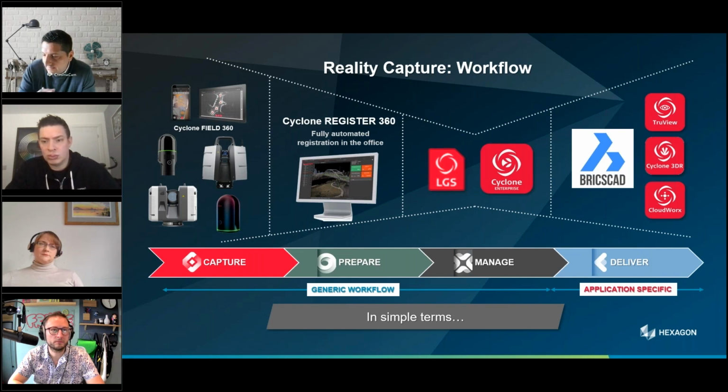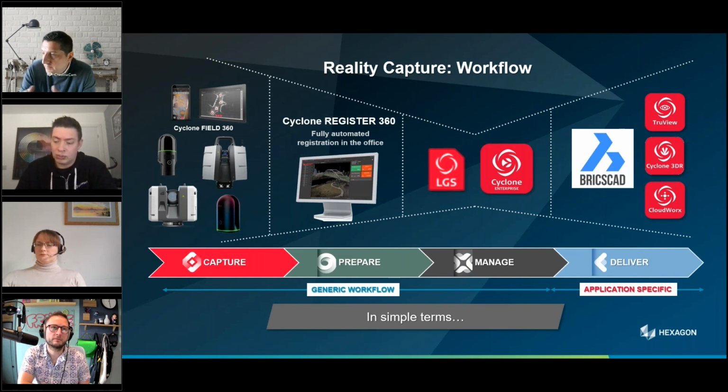So that's a really important part of this whole process, to efficiently manage and collaborate on this data. And then we're into the generic workflow, as we classify it. But then we move into the more application specific, which is the delivering and the creation of something from that spatial data. Clearly, point clouds and 360 images are very usable data in their own right, very measurable data,